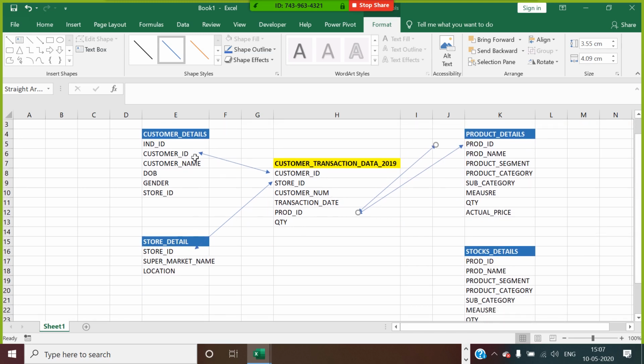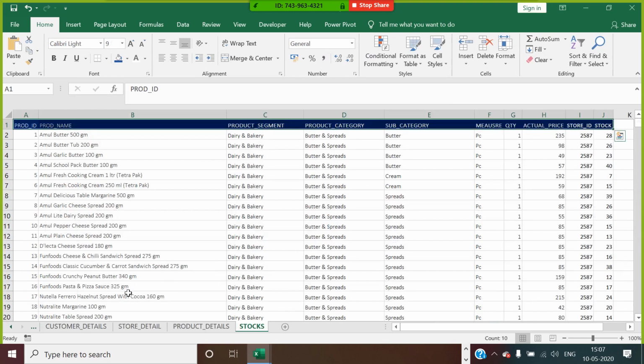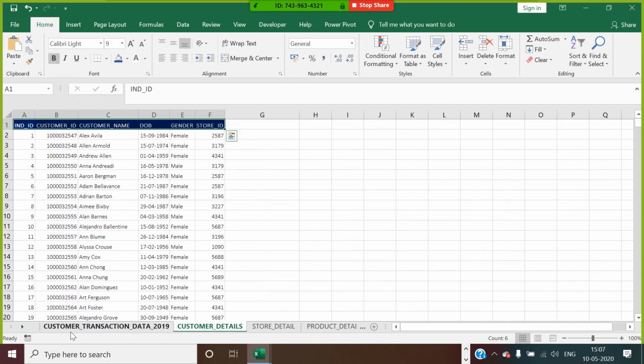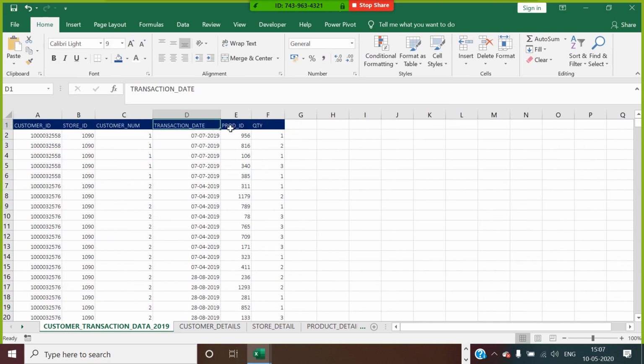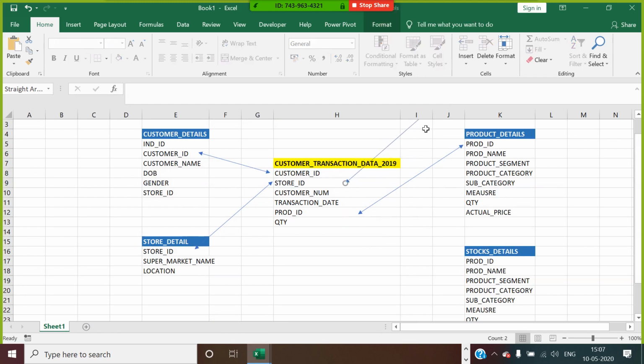So once you connect customer ID to here, so store ID, the customer ID and store ID information is going to come in here. Is it given? Okay. So it is given your customer ID and store ID information. So now from this table, you will have product with store ID.